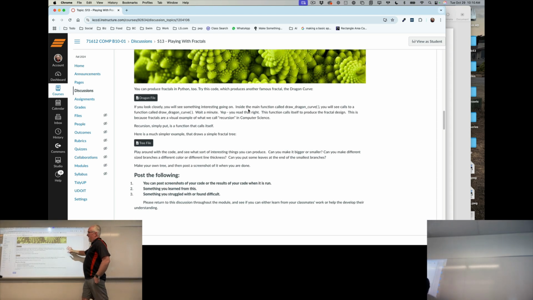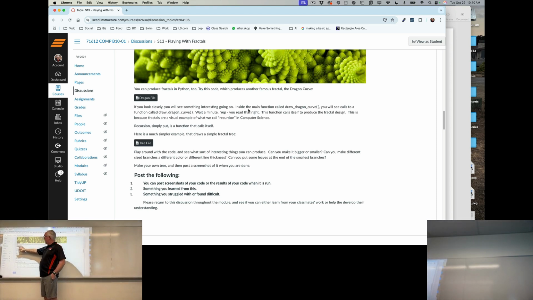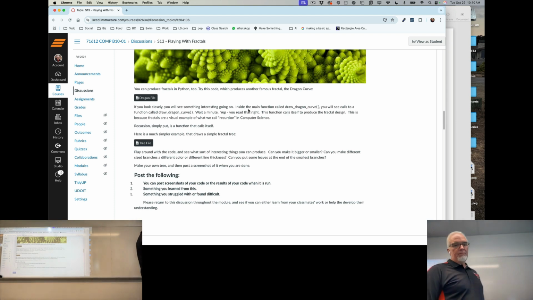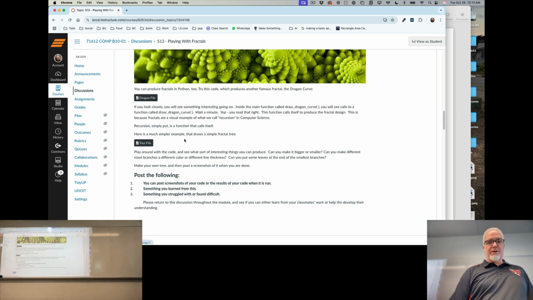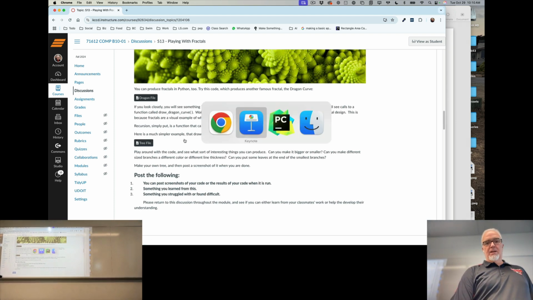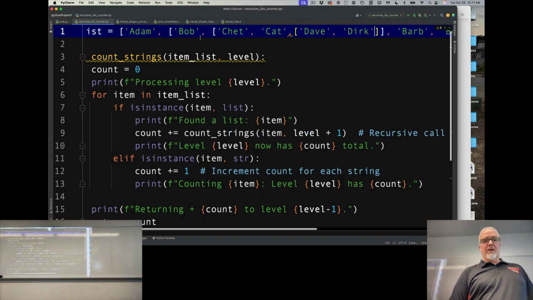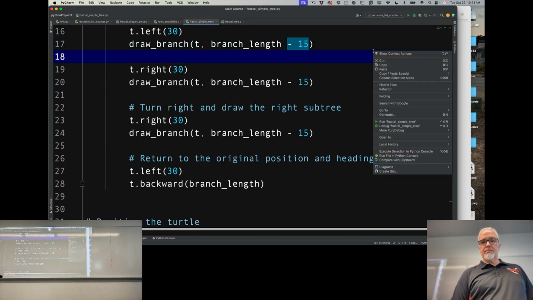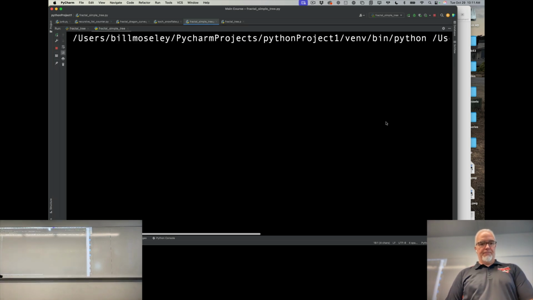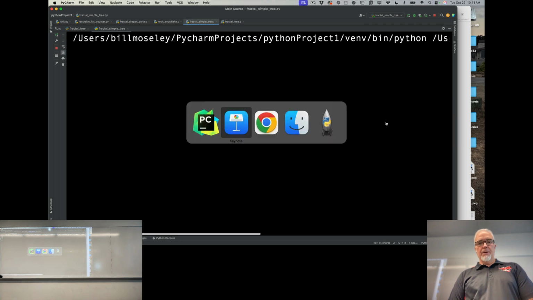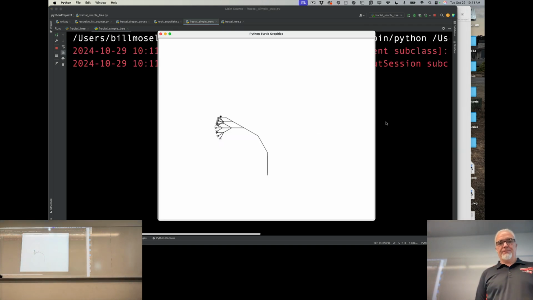Now, if you want to play with that dragon curve fractal, I've got the file there. You can download it. You can play with it. But I also have this tree file. And that one actually draws a very simple tree. Let's run that. There we go. Okay, so this one's